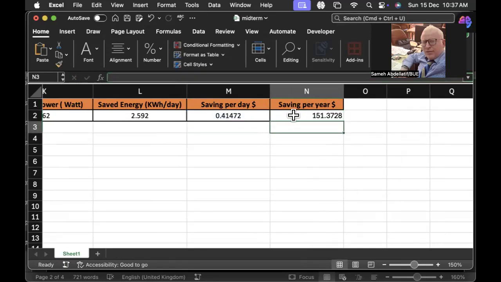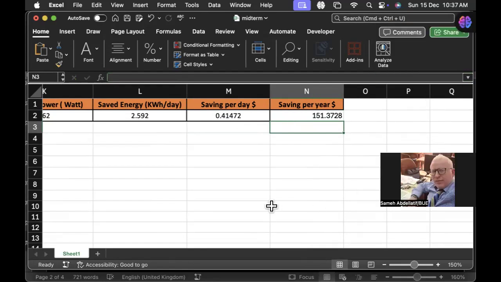So we are saving $151 per year. Okay. So again, till now, it's not clear for us if this is an appropriate decision to make this replacement in terms of energy management or not. In order to consider the decision, you have to make a reference. You have to make a comparison. What we have concluded is that this lighting source saves $151